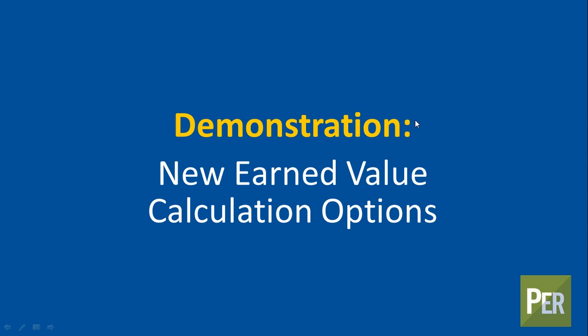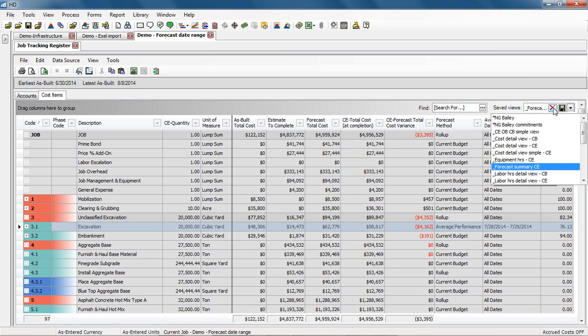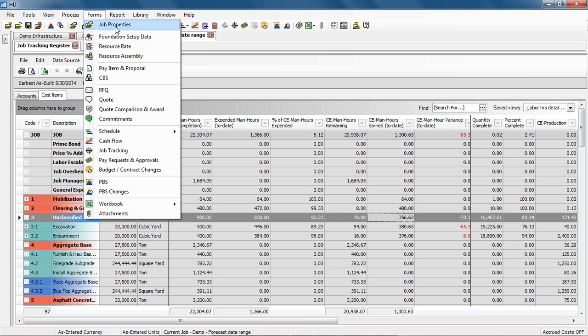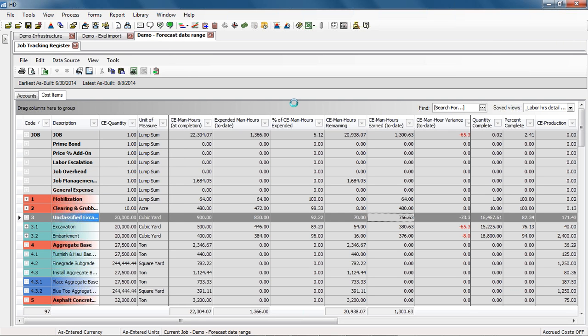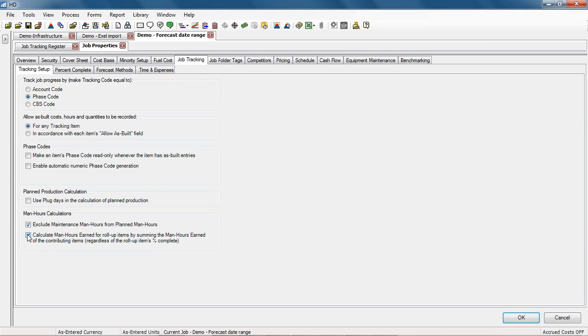All right, John, thanks. So we'll look at that new earned value calculation, a couple of them here. First one, we're going to look at how we calculate the earned value man hours on a roll-up item. So let me change my view here. And we have a new setting. Again, I'm in the job tracking register. I'm going to go to Forms, Job Properties, and go to Job Tracking. First, I'm going to deselect this one here, and we'll talk about it, and we'll come back here and analyze